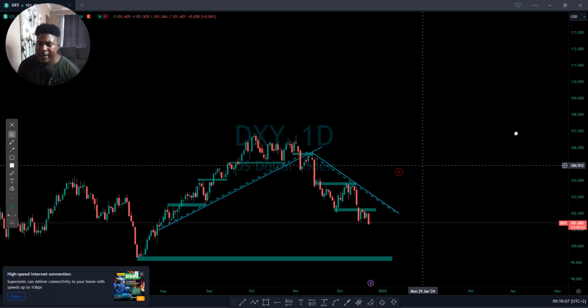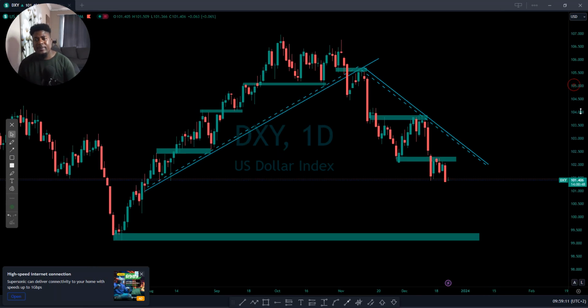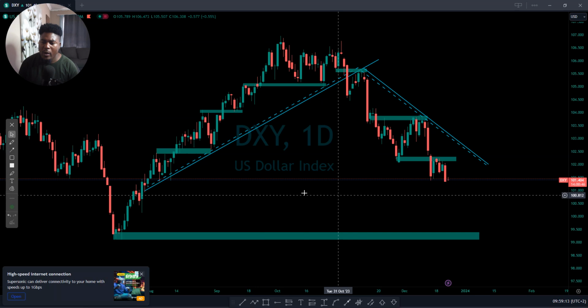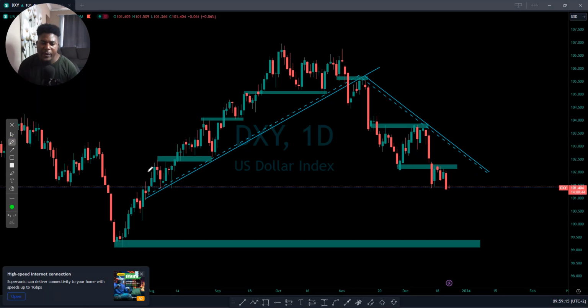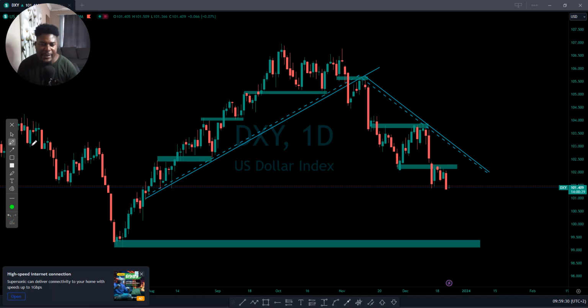DXY. Now mostly we start here, but I just wanted to cover some other stuff. This is going to be very long, I told you even before. What's going on with DXY? You can see that yes, we had a very nice bullish momentum. Now we are going to have another nice bearish momentum. I'm expecting the market to reach this area around 99.500. So that might be the area. You can see the market is actually selling.